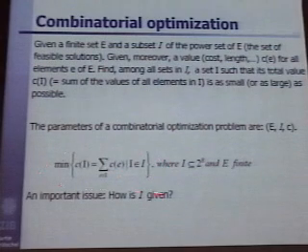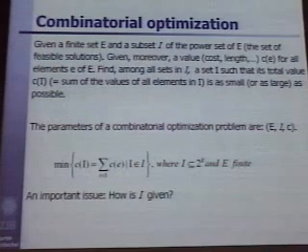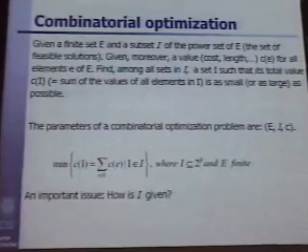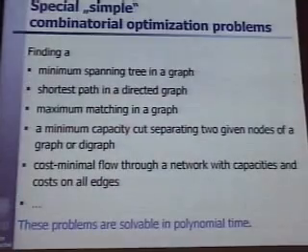Now you can write this in formulas, and then you have more mathematical flavor. But this can be told to everybody that has no idea what mathematics is about. And a particular issue is, this is a subset of the power set. So this set is usually very large. And the question is, how is I given? If I is given explicitly, the problem is easy. You just scan through all the elements, and you choose the best one, and you're done. But this is not the case. These sets are usually given implicitly, and that's what I will talk about now.